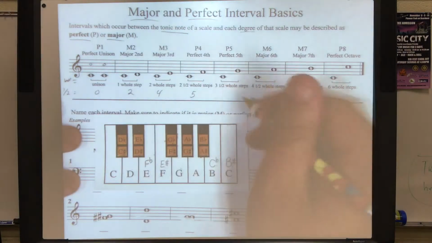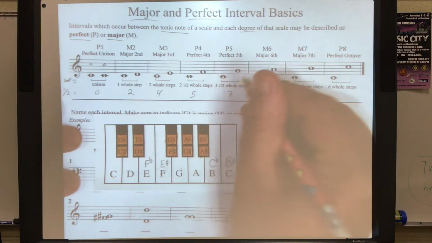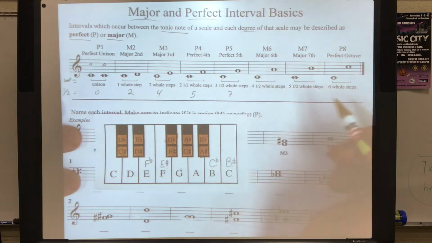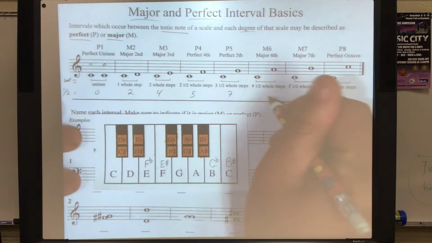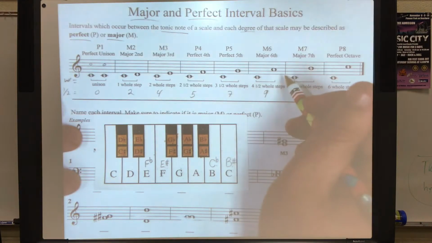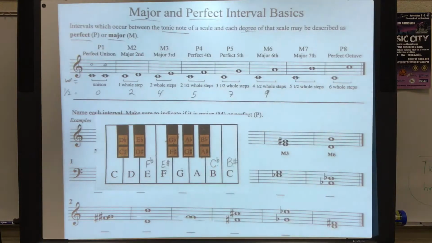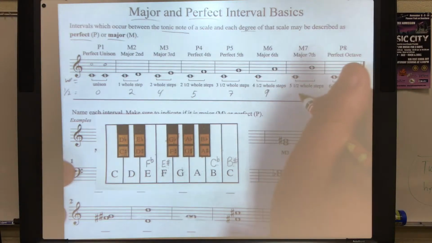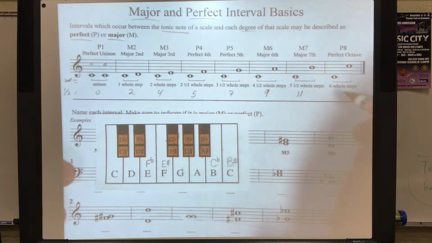Perfect fifth is 3.5 whole steps or 7 half steps. In this case, C to G. A major sixth is 4.5 whole steps or 9 half steps. And in this case, it's going to be C to A. And a major seventh is 5.5 whole steps or 11 half steps. And then a perfect octave is 6 whole steps or 12 half steps. Okay,